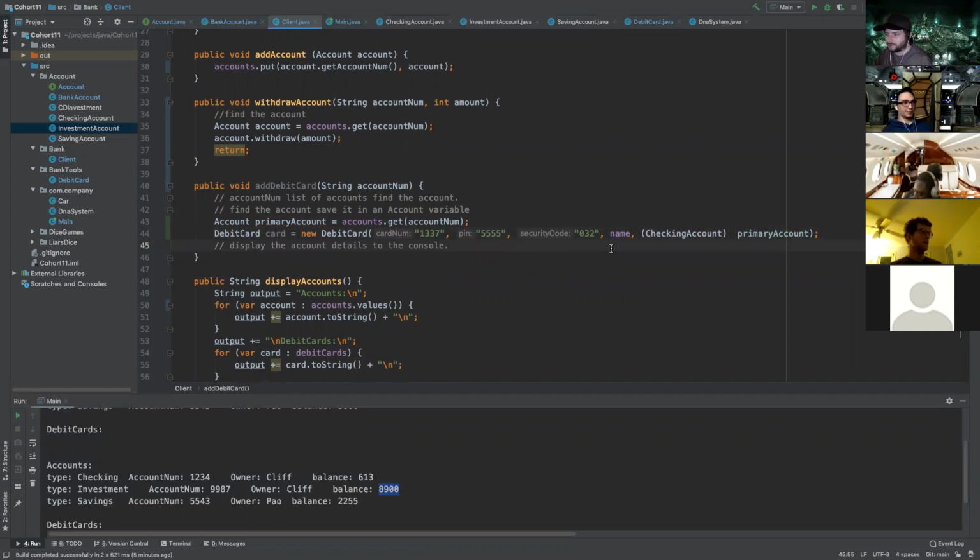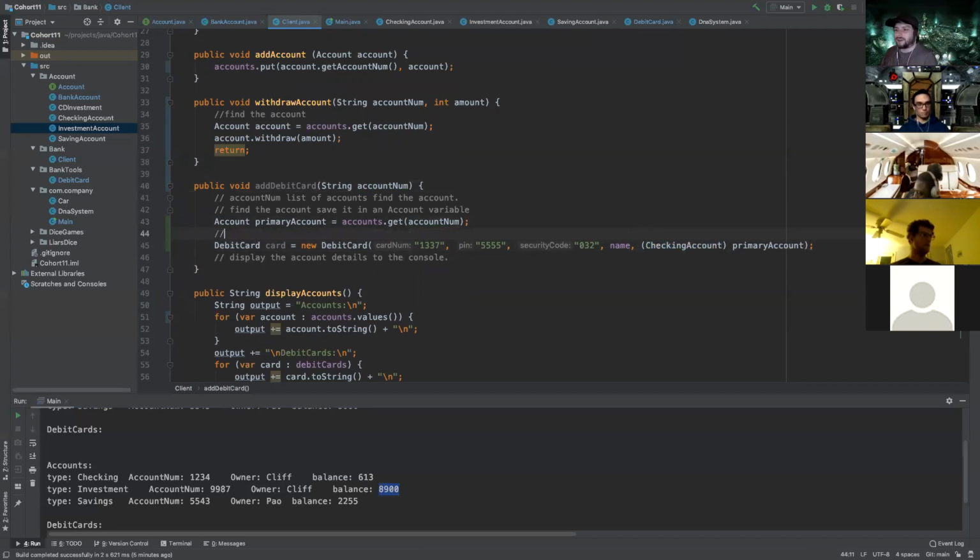Your account might not be a checking account that gets passed in. Might then throw an error. Is there any guarantee that the account number the person types in will actually be a checking account? No, there's no guarantee, right? As I said before, when you're first coding something, it is okay to assume you're going to get correct data in the beginning. It is okay to assume that we're always going to get the checking account because during our debug phase, we are entering the data, so we know we're going to be correct. We're going to put the right stuff in to make sure it works. So it's okay for now to assume we're going to get a checking account, but being aware that there's no guarantee of that is nice, and adding that to do